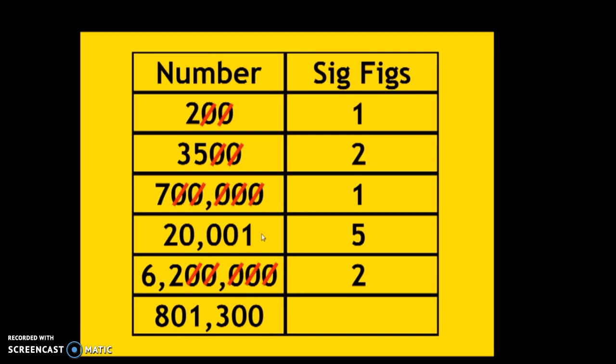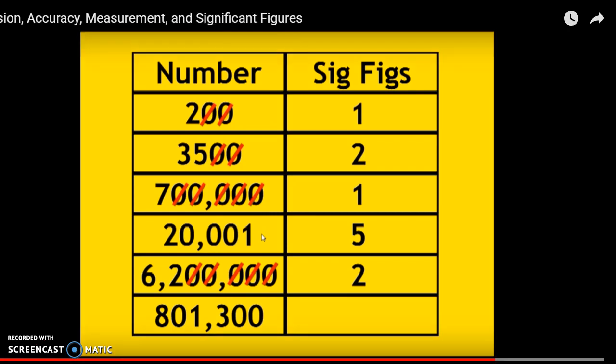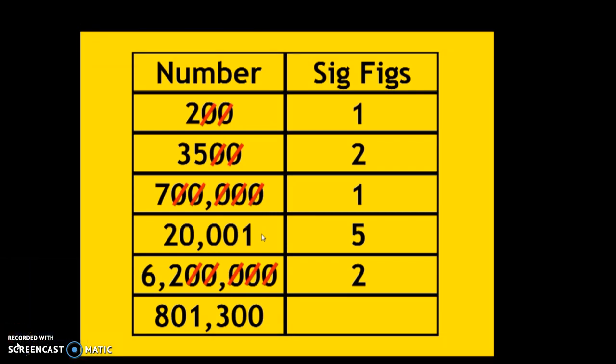And then finally, 801,300. The decimal is absent, Atlantic Ocean side. Once we get to the 3, everything counts. So this number has a total of 4 sig figs. So if the Atlantic rule applies when a decimal is absent,